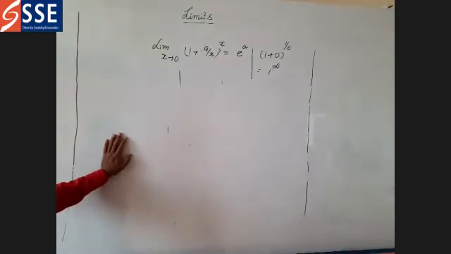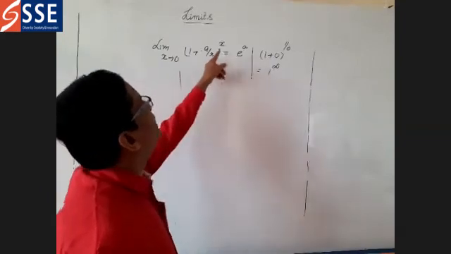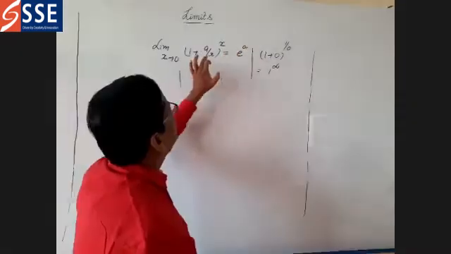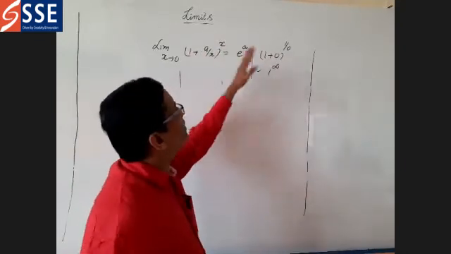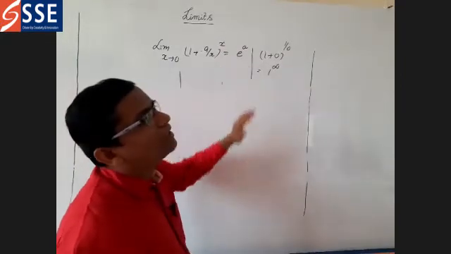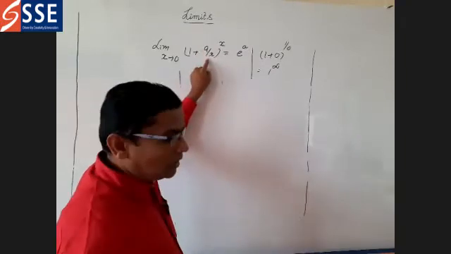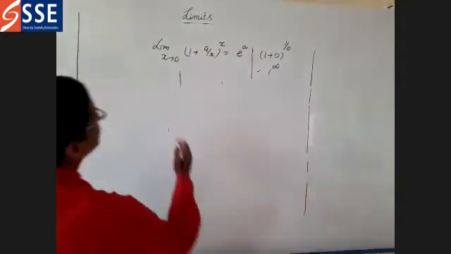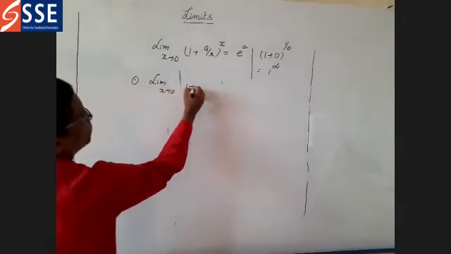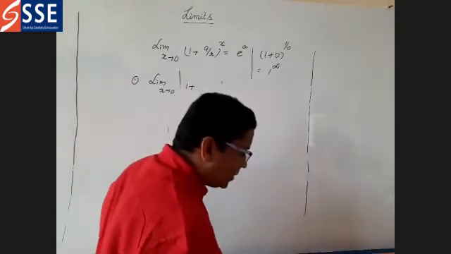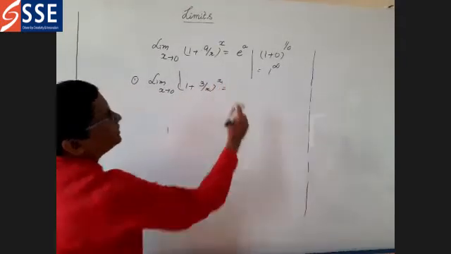See here, before we took x, and here we are taking a fraction. After solving, everything, we are going to get e power a as the answer. E power the numerator of this particular term. So now we will go for the problem. Limit x tends to 0, (1 + 3/x) whole power x. What is the answer for this?